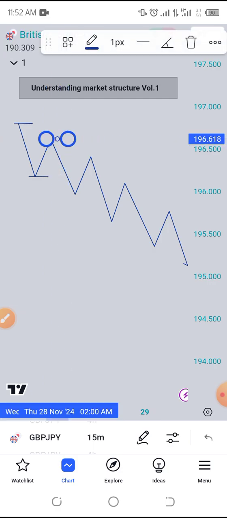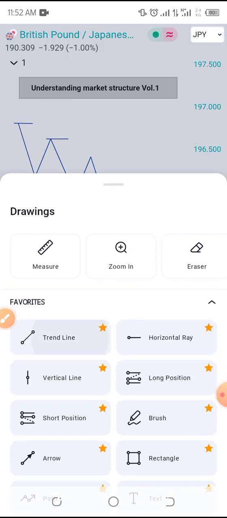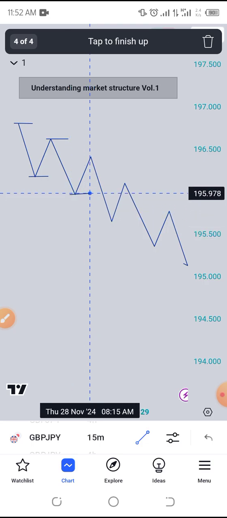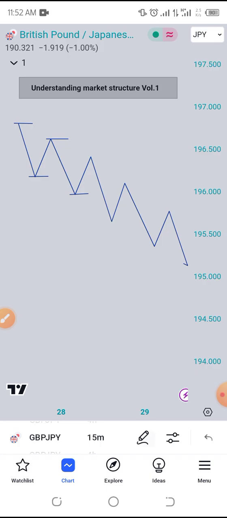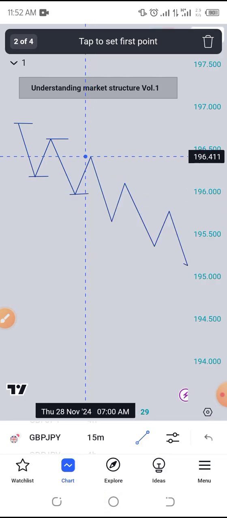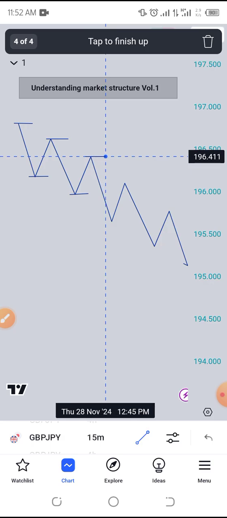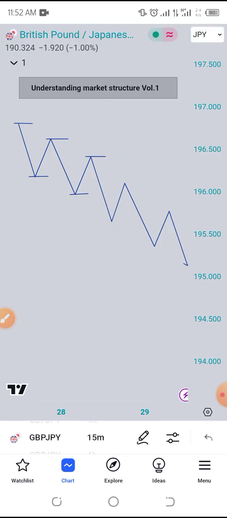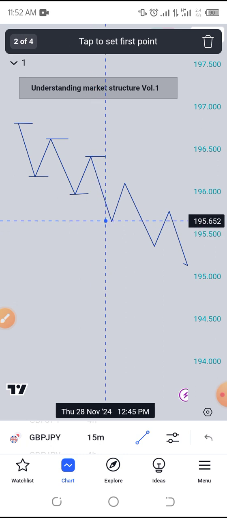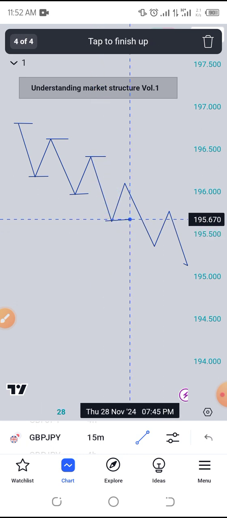Okay, now let's just graph our highs and our lows. Now this is a low in our chart. This is a low point where the market reversed from the downside to the upside. Then this is another high, where the market reversed from that peak point to the downside. Now this is another low. Okay, so this is another low,